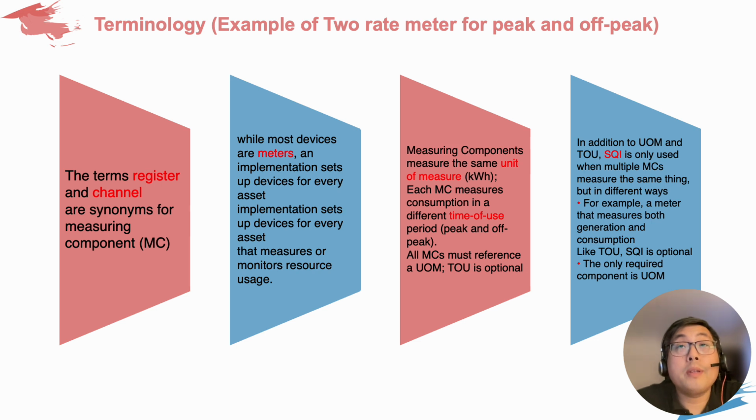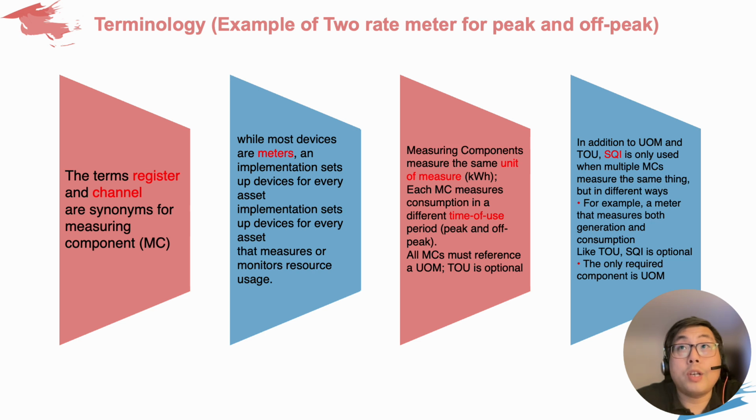So for example, in this case, the unit of measure will be the same because both peak and off peak are measuring the kilowatt hour. But the time of use will be different. One is peak and one is off peak. SQI is an additional field to indicate whether, for example, over here you can see it can be used to